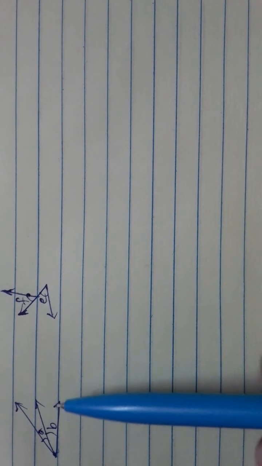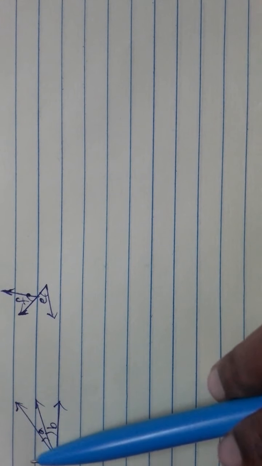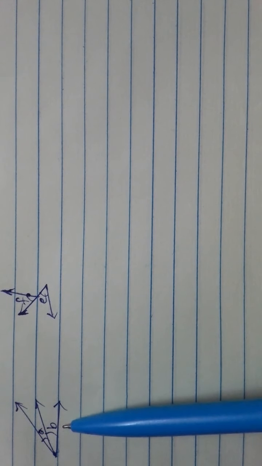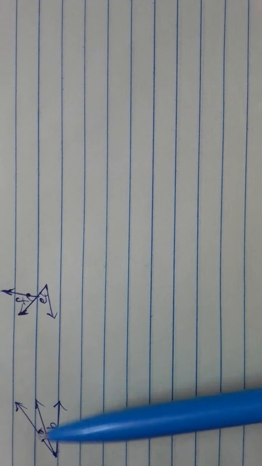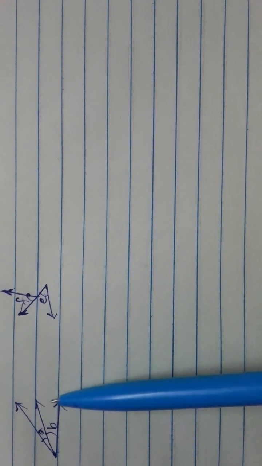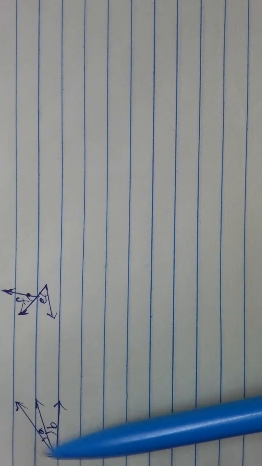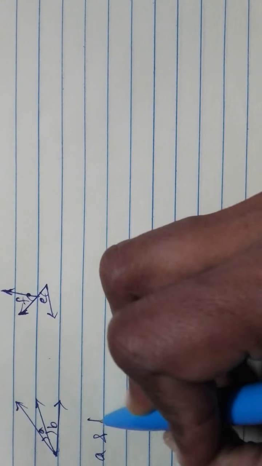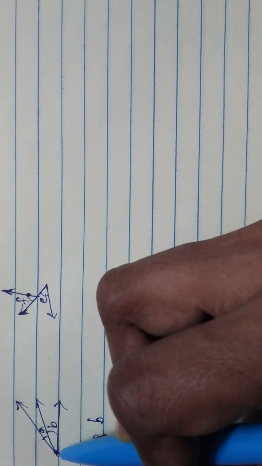So here, when figures are given, when a pair of angles is given, you have to find out whether they are adjacent angles. How do you know when two angles are adjacent? When you have a common side and a common vertex. Now A and B are the angles formed, and are they adjacent? Yes, because the vertex is common and the arm is common.